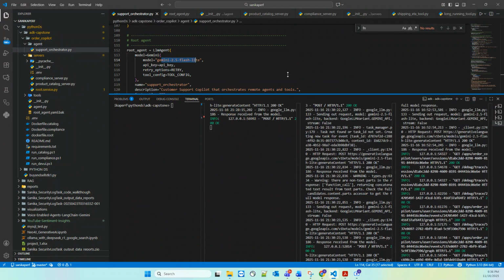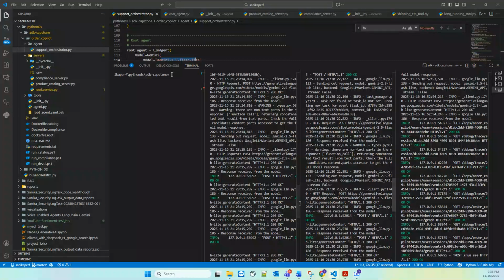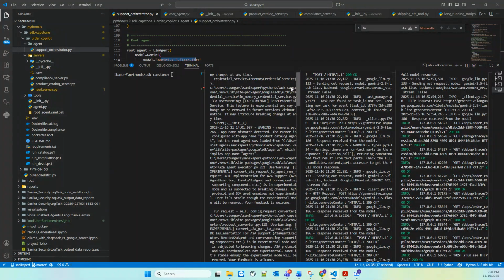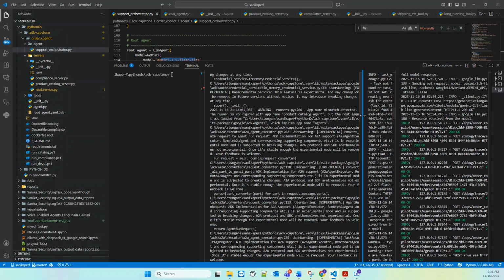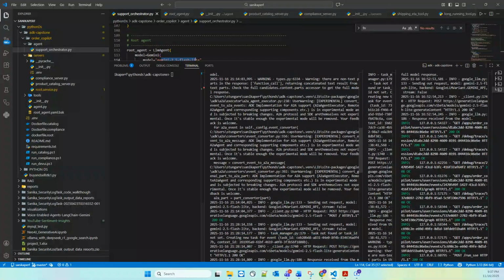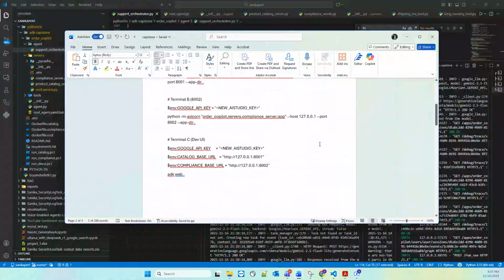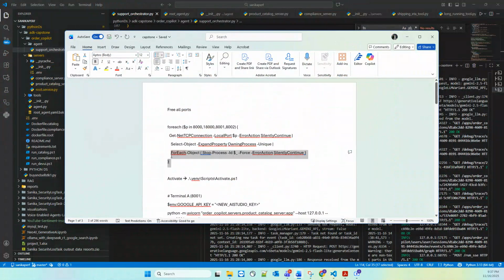Now here you can see short information related to the commands, and I will be delegating the commands in my write-up so that it will be easy. So these are the write-ups, showing what commands I have used. To free all the ports, we have to check whether 8000, 8001 and 8002 are free or not, because otherwise it will get jumbled up. This is the command which you can use in PowerShell.